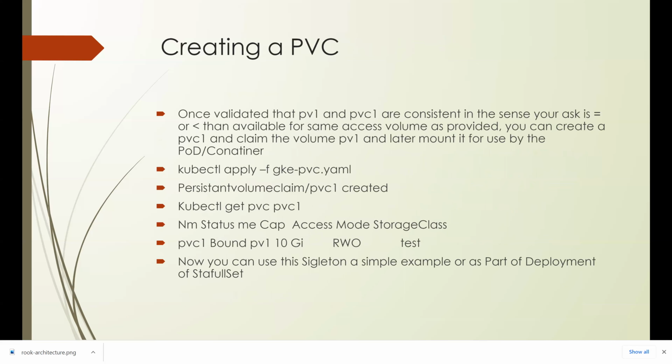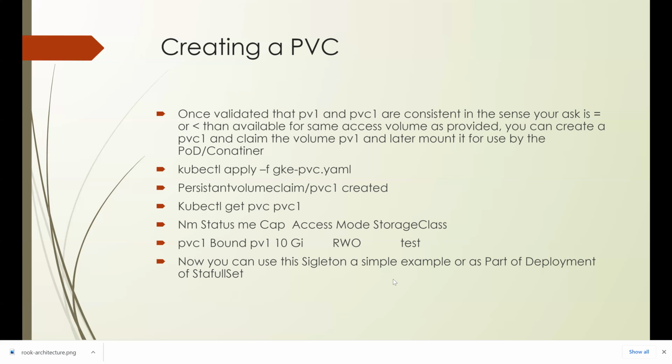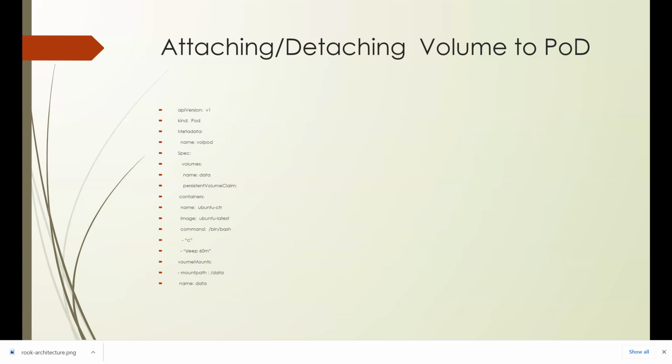So what we saw is now you can use singleton as a simple example as part of development. So basically we are trying to depict, we have created PVC, we have created PV. How do I now connect them to the external storage? So attaching, detaching volume to the pod is the key. So to attach a pod, you will create one more YAML file or a descriptor file, which will again have the same, the kind is pod. So basically we are saying that my object pod needs PV and PVC to use.